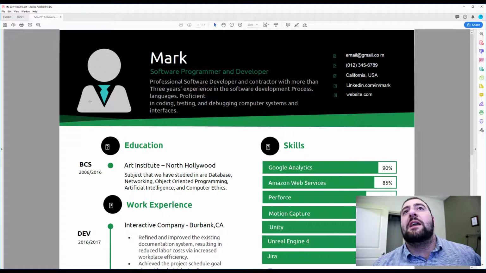I do like the overall coloring. Now, printing this out, it's going to use a lot of ink right off the bat. If you're printing it out and sending it to people old-fashioned, then that's fine. If you are sending it via email, it does look good. I do see a little bit of space, a little bit of a white outline to this header area here. I'm not sure if that's a little mistake that's been made in Word